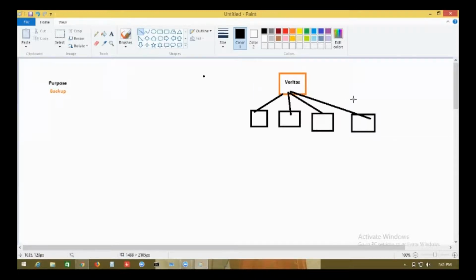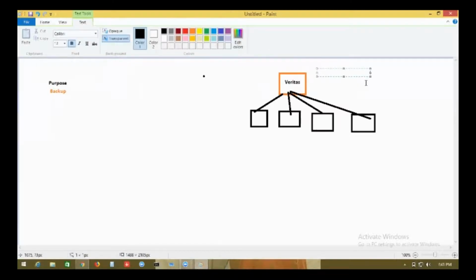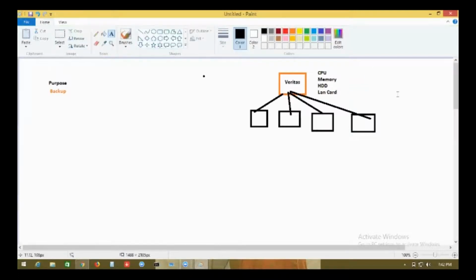In this server, I have something called a CPU, something called RAM, which is memory, something called a hard disk, and something called a LAN card. Now, can you tell me, in this simple architecture, which component of this virtual machine is going to be utilized more?